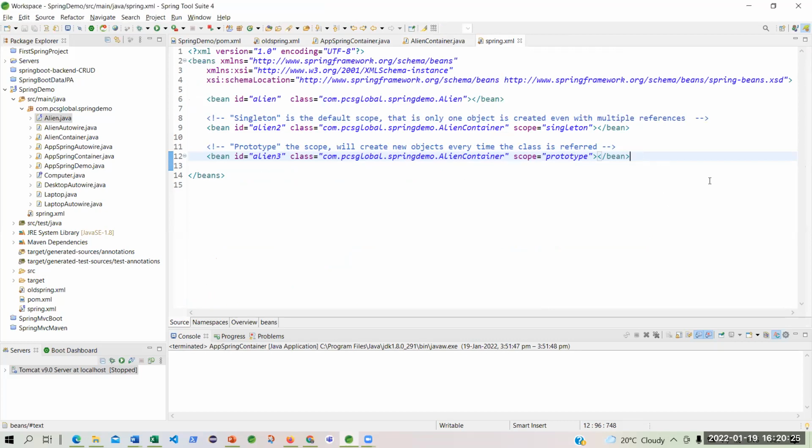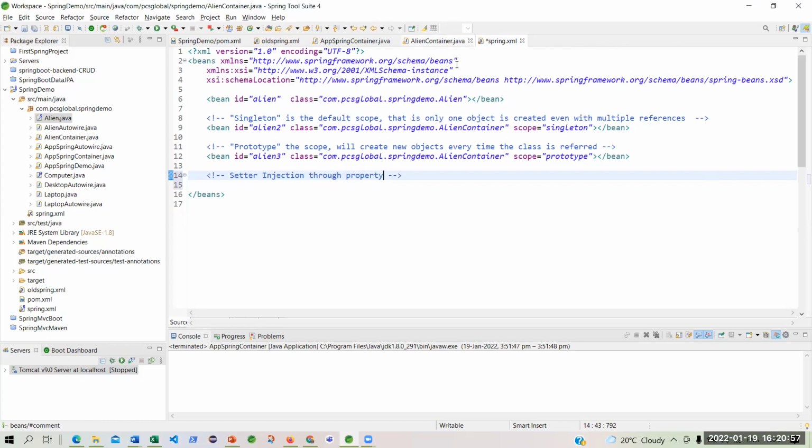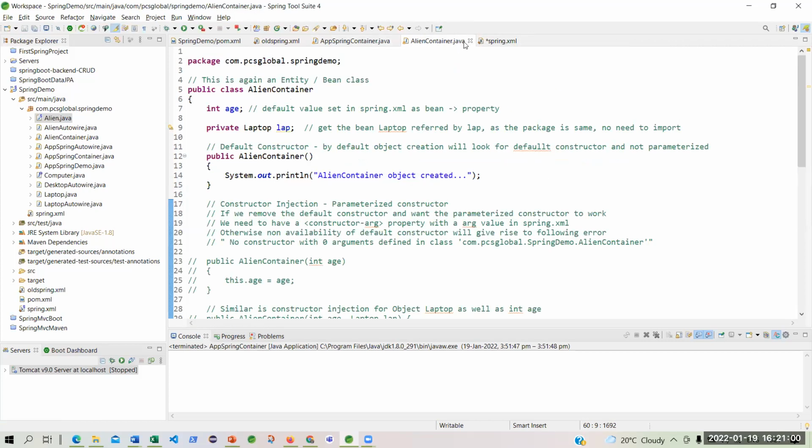And that is called setter injection, through the property of a bean. This is a property, and this is the bean. I have to declare it.